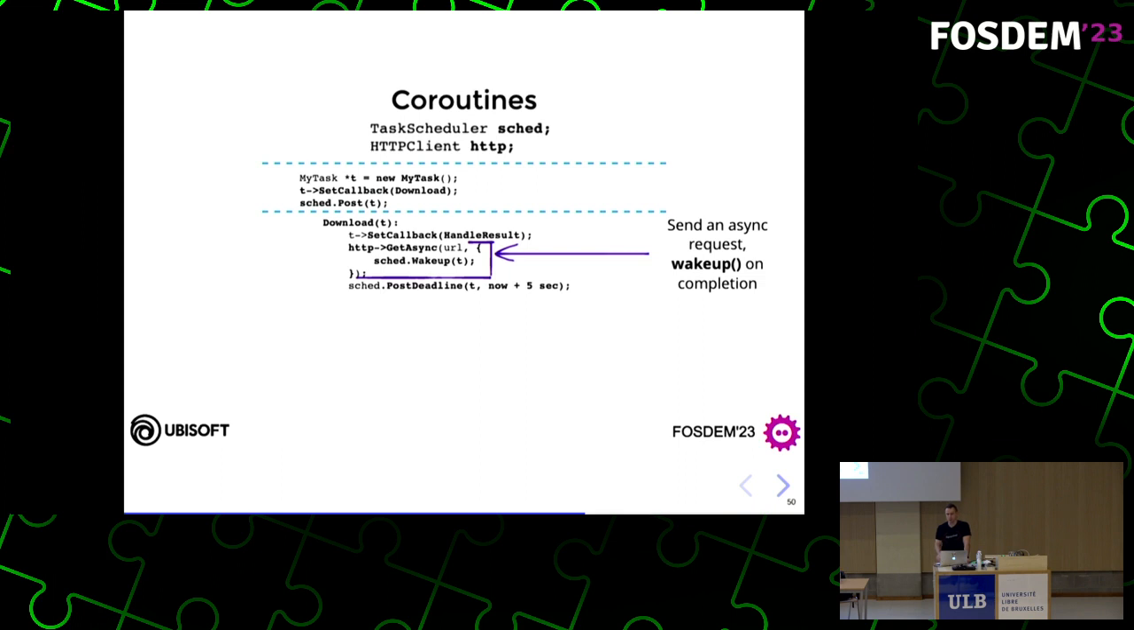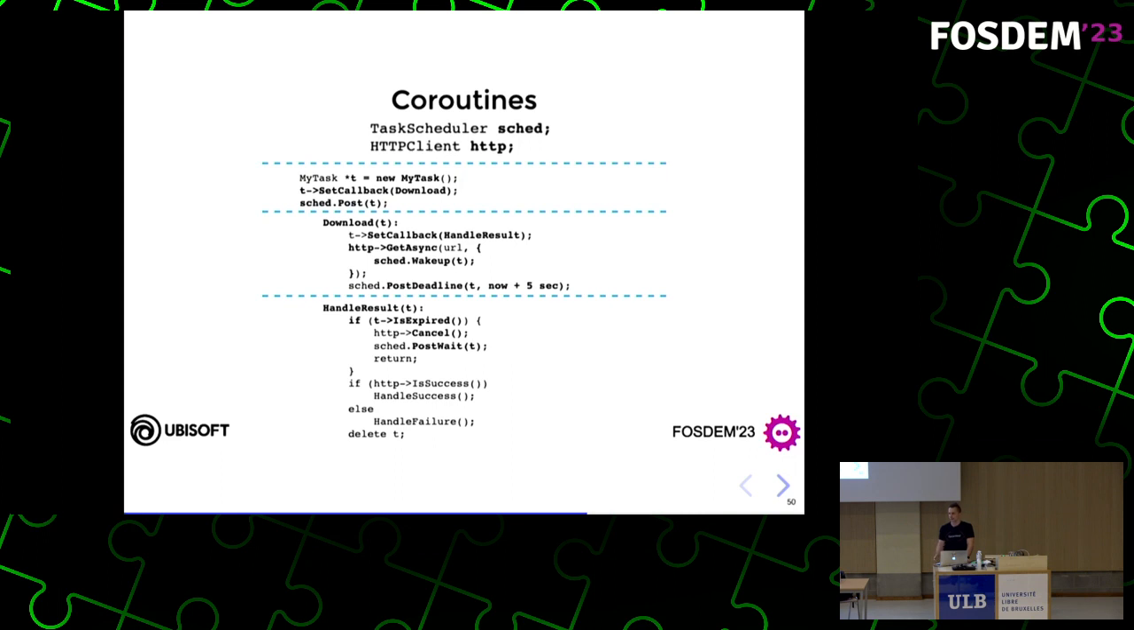which will call wake up on our task. So this will be explicit wake up when the request is done. And then we start waiting. So we post ourselves back into the scheduler with 5 seconds deadline. Either the task will wake up in 5 seconds, or it will be woken up explicitly when the request is complete. The task goes into the scheduler, sleeps in the wait queue for some time, and eventually our callback handle